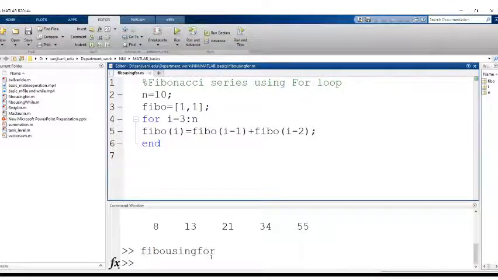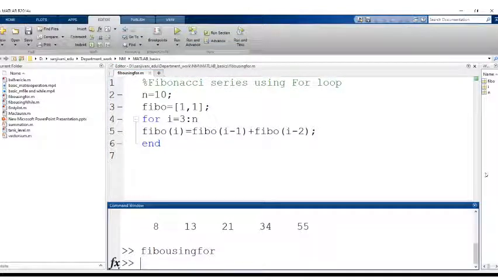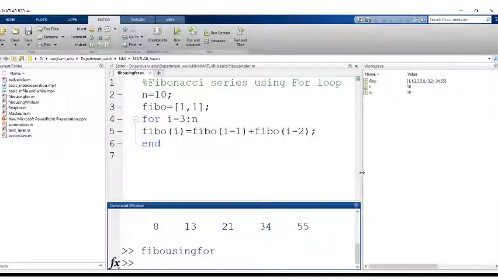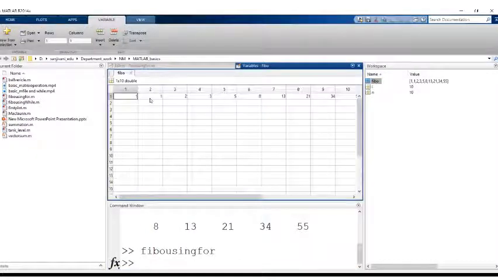When I run it, it is not going to display the value, but still in the workspace you can find that the value of Fibo is stored. If you click on Fibo, you will see that we got the series over here: 1, 1, the first two elements, then 2, 3, 5, 8, 13, 21, 34, likewise.